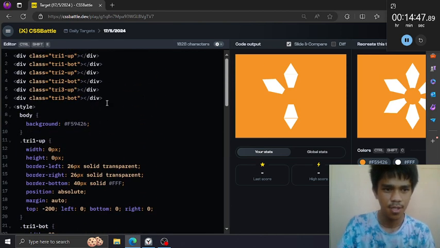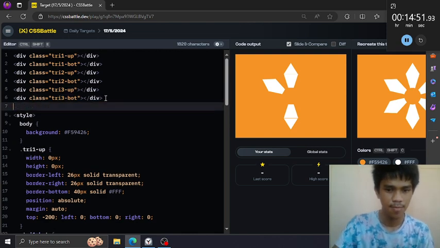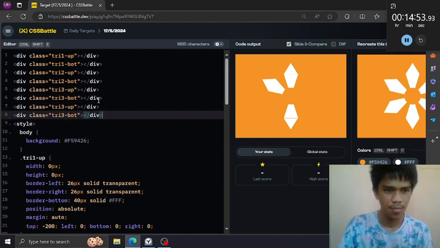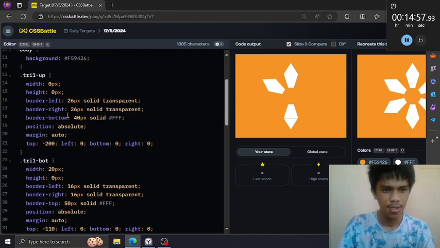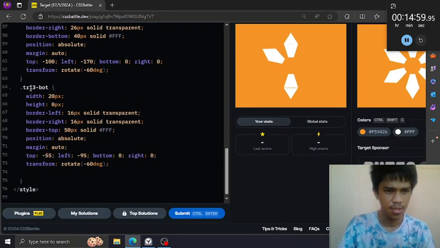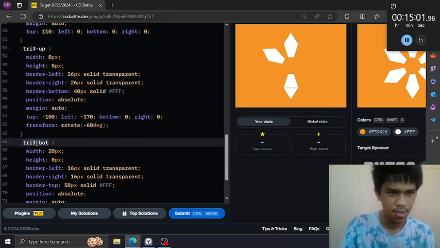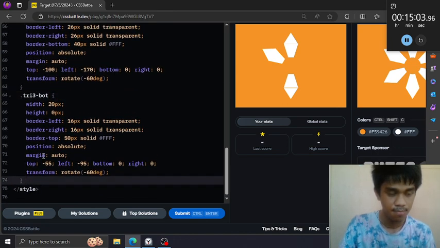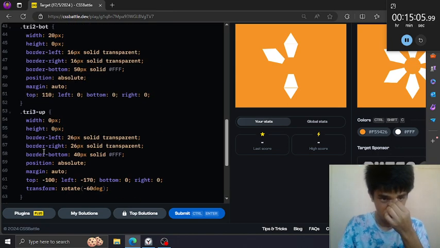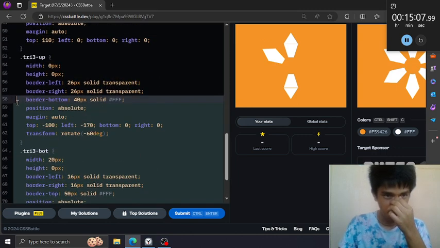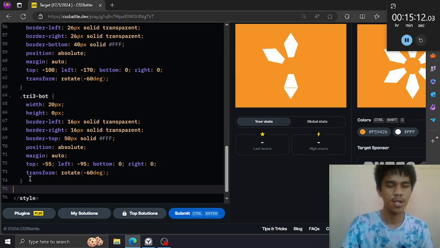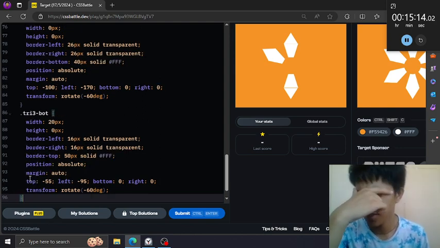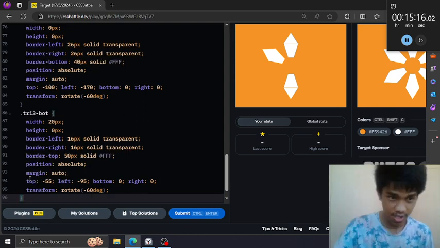Then create this triangle tree, pair of triangle, rename this to 4, and copy this one. Let's copy this all, and we know that they are, what's the term here? Symmetric. Yeah, symmetric is the term.